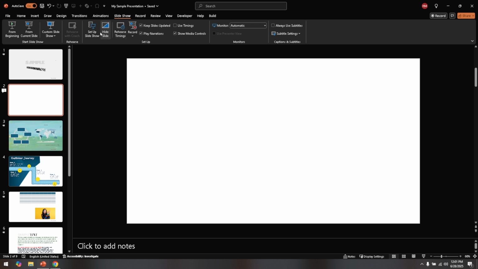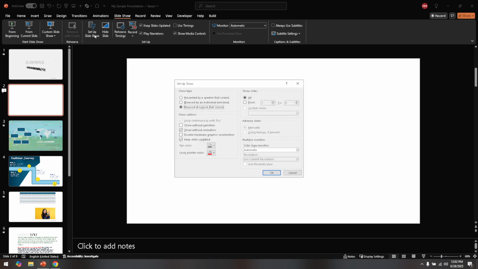What we're aiming to do here is set our presentation to loop continuously. In this new window, you'll notice multiple checkboxes and radio buttons that allow you to configure different aspects of your presentation. Here, look for the option labeled Loop Continuously until ESC and check this box. Checking this means your presentation will automatically loop until you decide to end it manually by pressing the Escape key